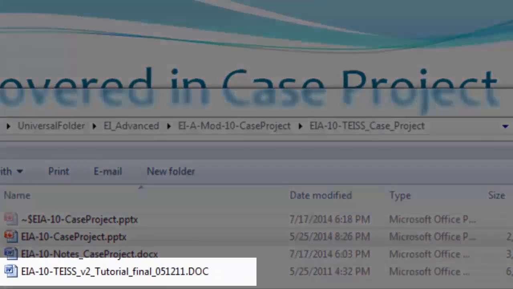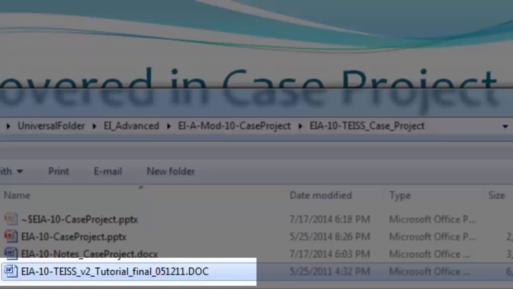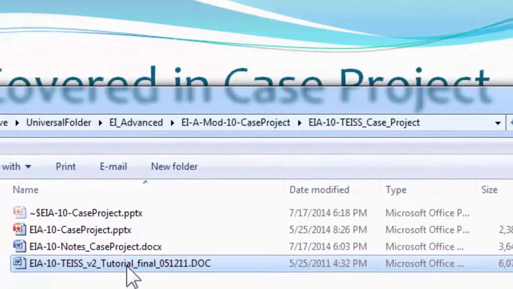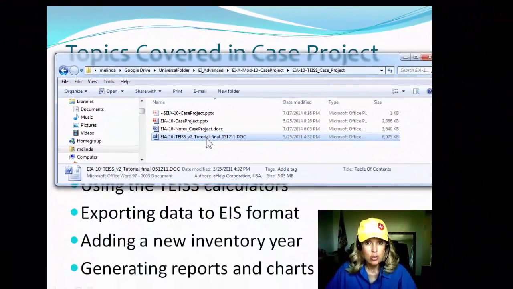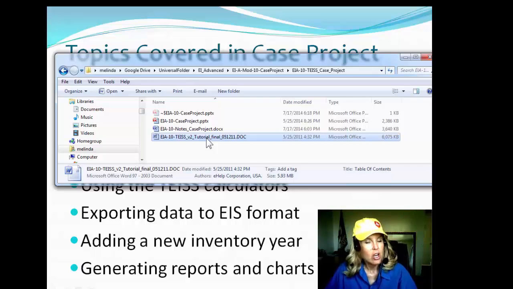In this module, you're going to be working through the tutorial that is in the folder, and it's called TEISS Tutorial. This tutorial lays out carefully, page by page, screenshot by screenshot, what you're going to do, and I'm going to demonstrate it. But the objective of this module is to do sections 1 through 4 of this tutorial, which includes the point source, the non-point source, doing the calculations, error checking, and exporting the project,